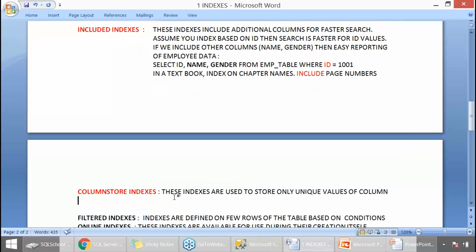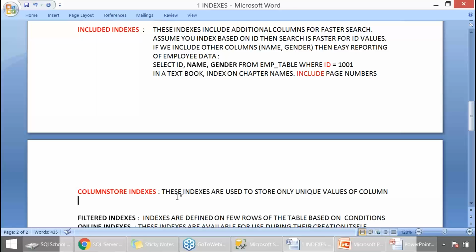Especially if you are planning your resume for data warehouse, Azure BI or Azure data engineering, it's very, very important: column store index.